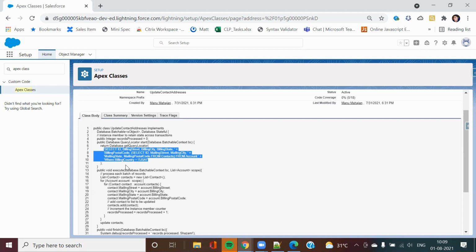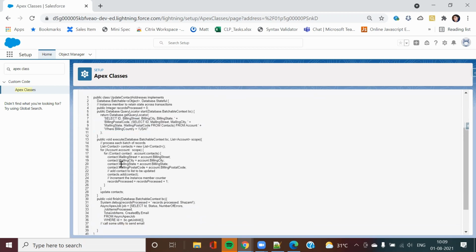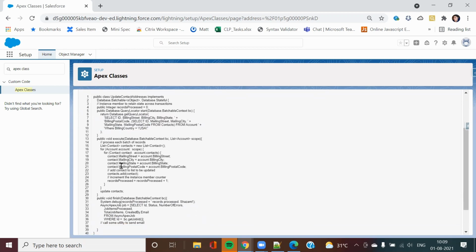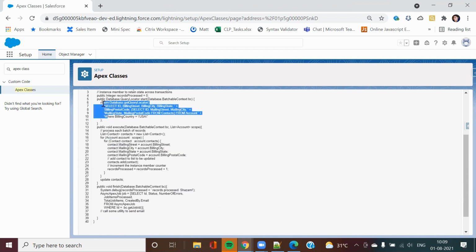So once my billing country is equal to USA, I am updating my contact records here. In this part, I am fetching my account records, and this is how I'm fetching the scope.